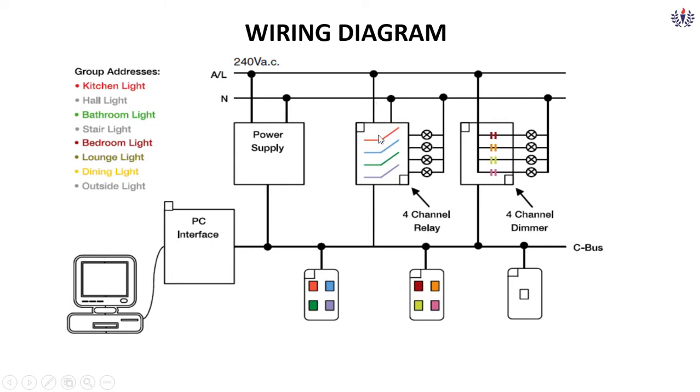So here you can see phase. The switch is controlled by means of this EDLT and the four channel dimmer relay and normal relays. So both are a similar circuit. Okay. So this is the wiring diagram.